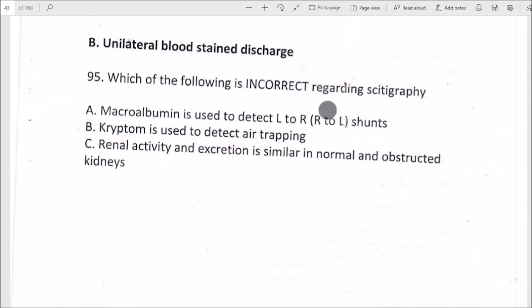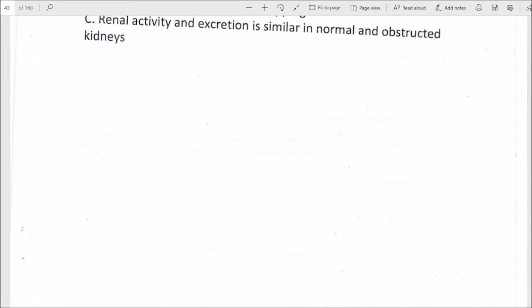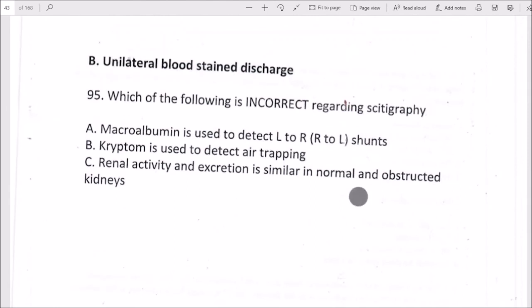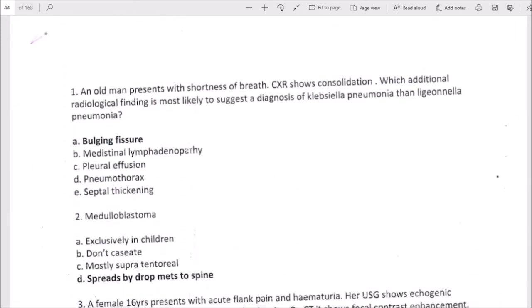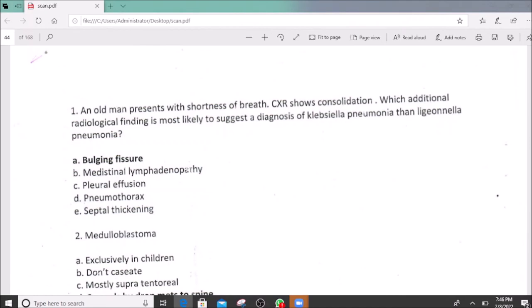95. Which of the following is incorrect regarding scintigraphy? Renal activity and excretion are similar in normal and obstructed kidneys. Question number 1, next paper. An old man presented with shortness of breath. Chest X-ray shows